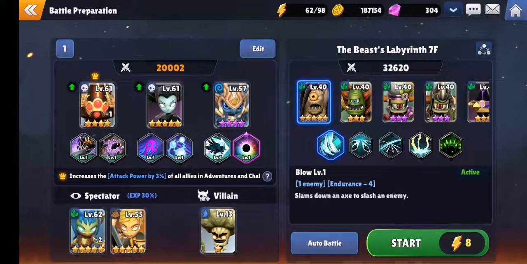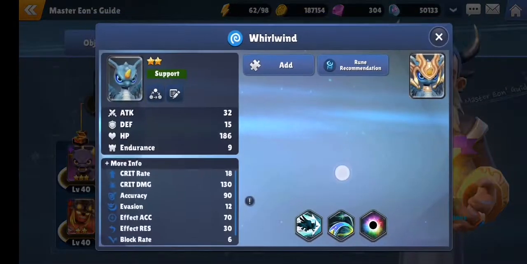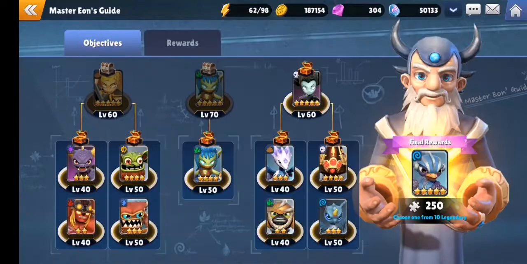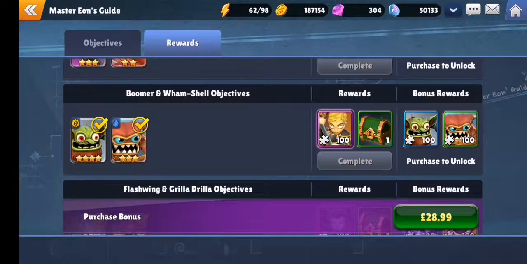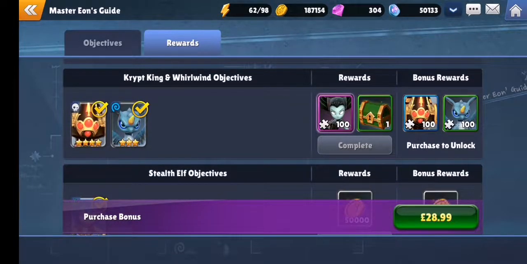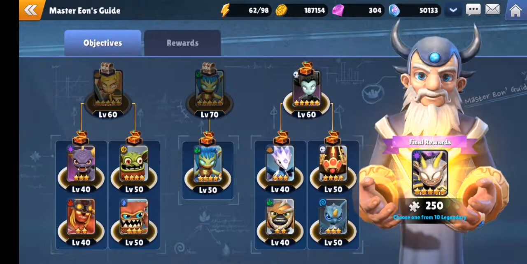So here's my team. My team is Crypt King, Hex, and Whirlwind. I mentioned it in previous episodes because they are all Eon units. So they're here, here, and here. You get Crypt King and Whirlwind from a couple of chests. You should get them pretty quickly. Not chests, summons. So you get Crypt King and Whirlwind, and then when you get into level 50, you get